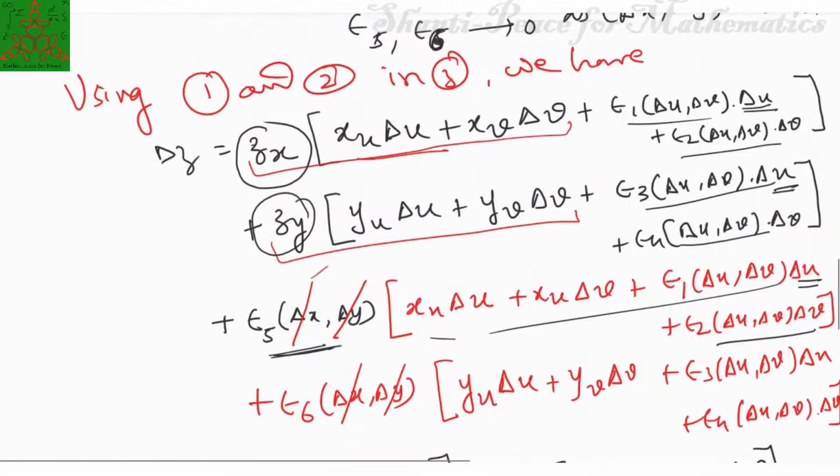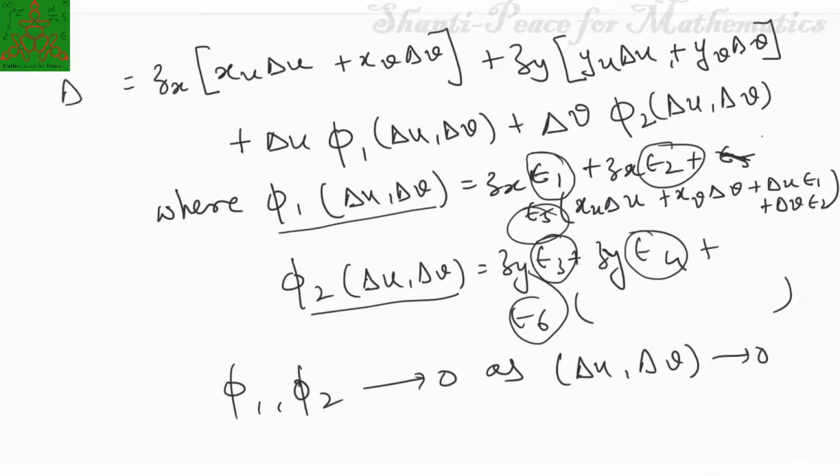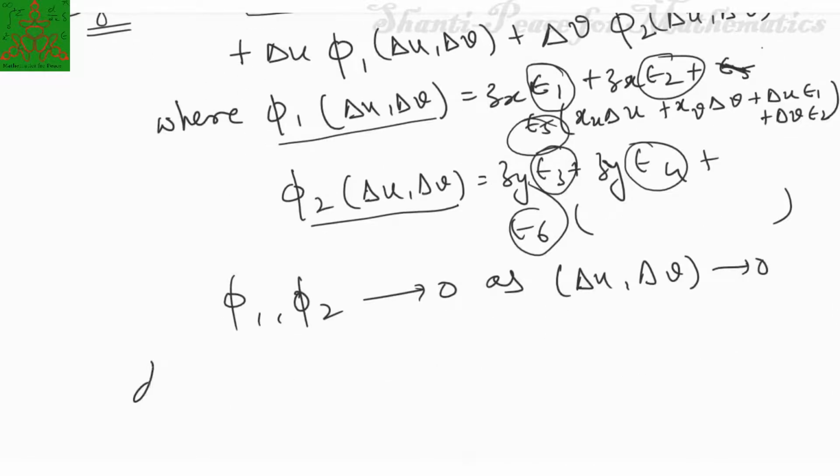And so from this what we can say is that z is a differentiable function with respect to u and v, and this quantity is the total differential of z, which gives you dz equal to zx dx plus zy dy. If you take the limit as delta u delta v tends to 0, we have this, and that completes the proof